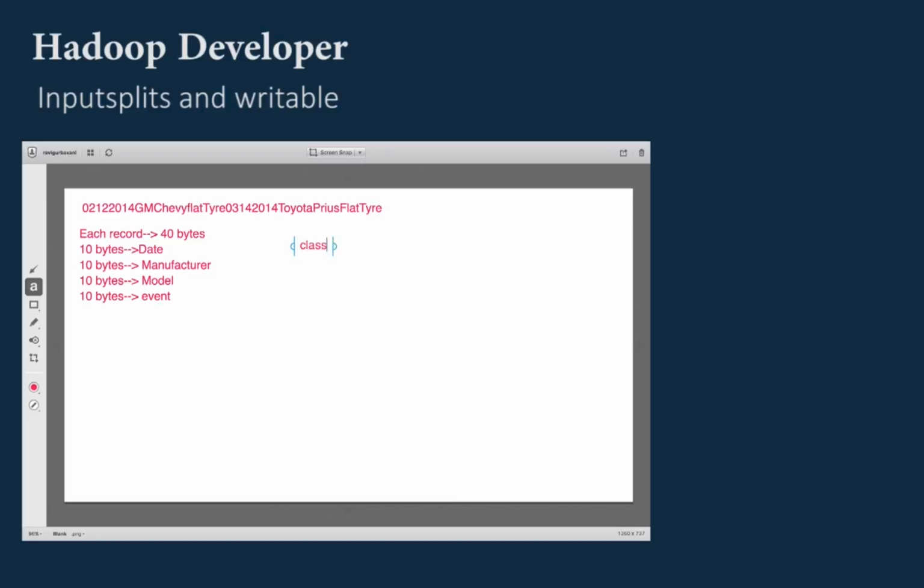So here we can create our own format that looks like class AutoEventFileInputFormat extends FileInputFormat. In this, we are supposed to implement getInputSplit. Here we are going to say